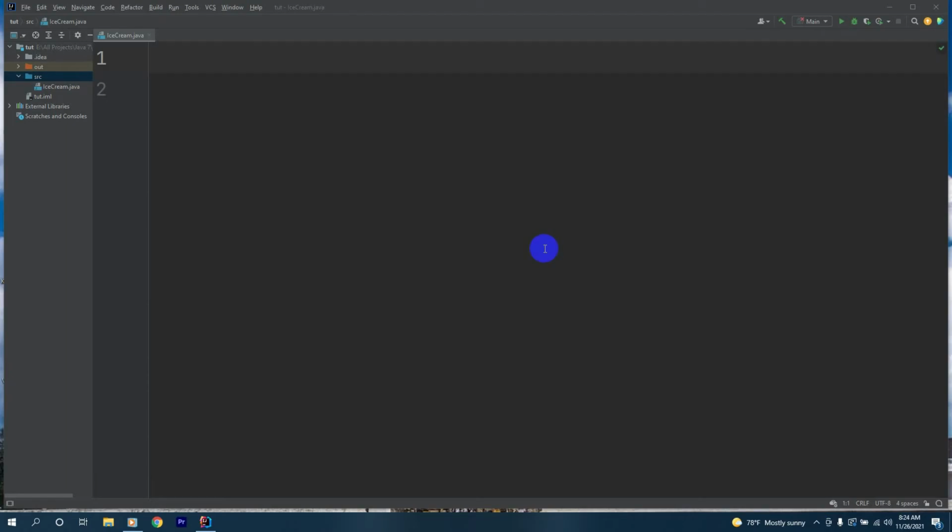Let's say you want to have an ice cream shop and you want to very easily add flavors to your ice creams and have description out on receipt. The old way to do this is with inheritance, but it is the wrong way. You might do things like this. You'll make a public abstract class ice cream,